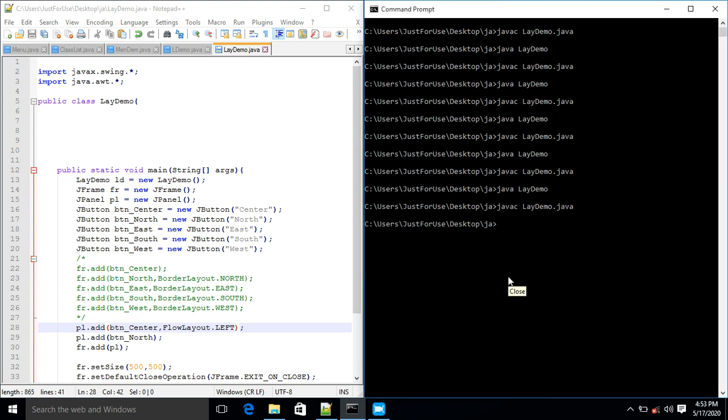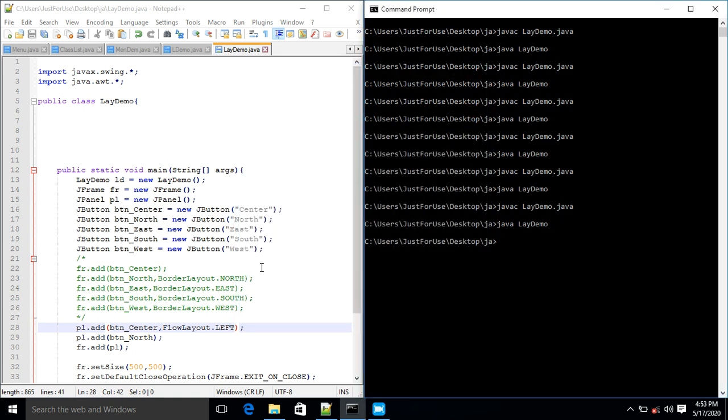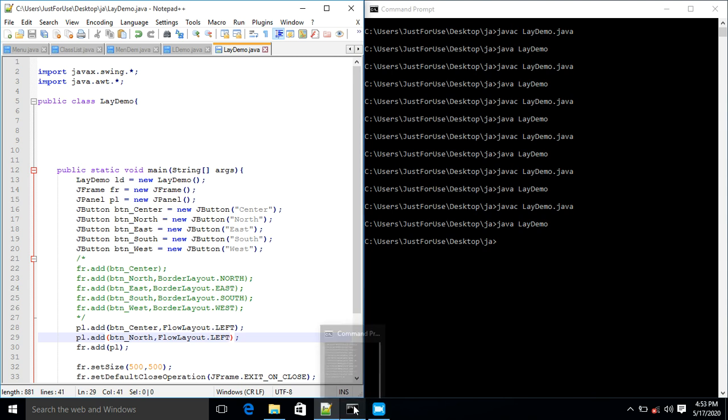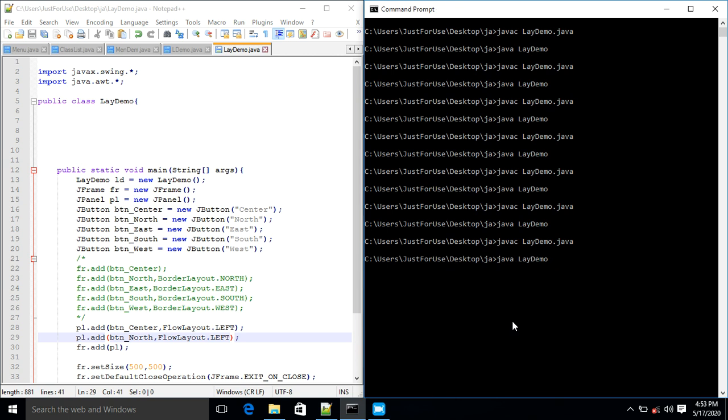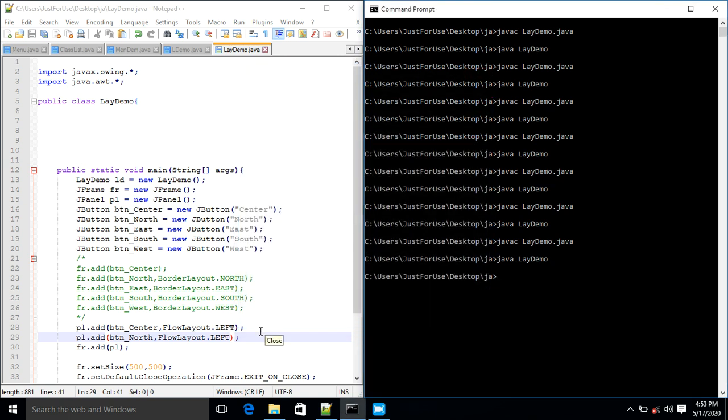Compile and run. Okay, so nothing is happening here, but